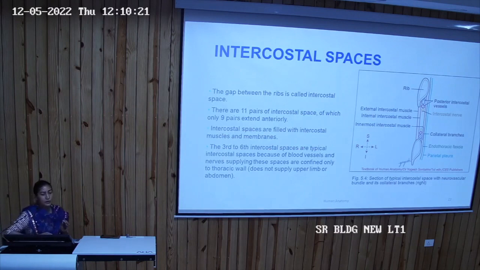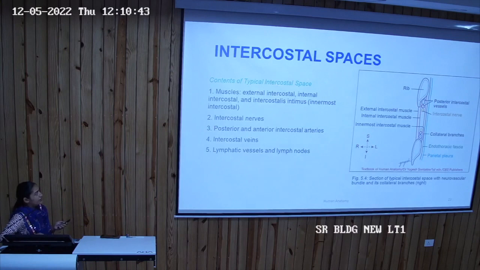They are only the typical ones, the rest of them are atypical, because they are supplying the arteries, veins and the nerves which are there. They are supplying the adjacent structures also. Only the third to sixth intercostal space vein, artery, nerve are confined to their intercostal spaces. The contents of the intercostal space will be all the three muscles, external, internal and innermost, intercostal nerves, arteries, veins